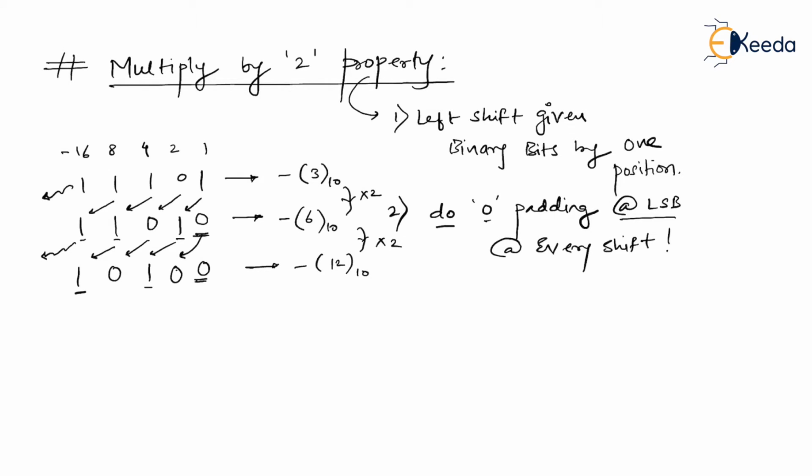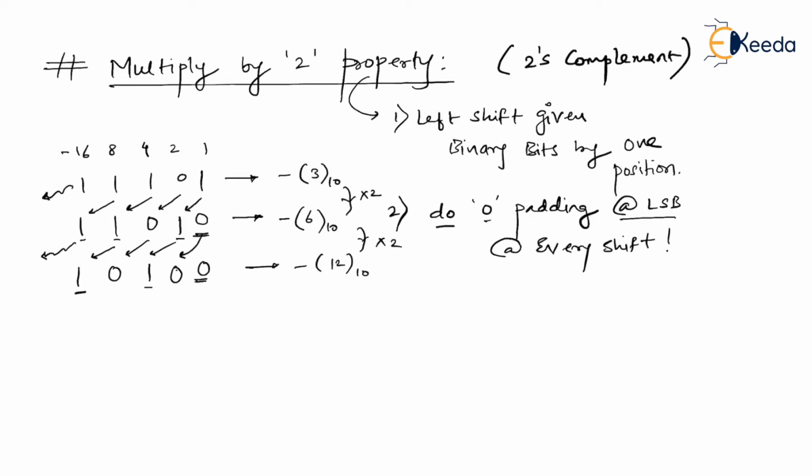So doing right shift, keeping the MSB retained, you get the divide by 2 effect. Shifting the given binary numbers, of course in the signed category, whether it is 1's complement or 2's complement. As I said, even here I have taken an example of 2's complement. You can try yourself by taking a 1's complement number and apply this property. These properties work, okay? But you have to always keep in mind, when doing right shifting you have to always retain the MSB, and in left shift you have to always fill vacated LSBs with 0. That is, you have to do padding of zeros.